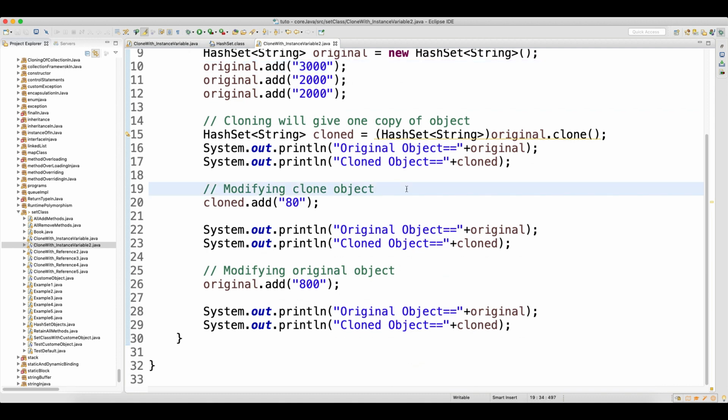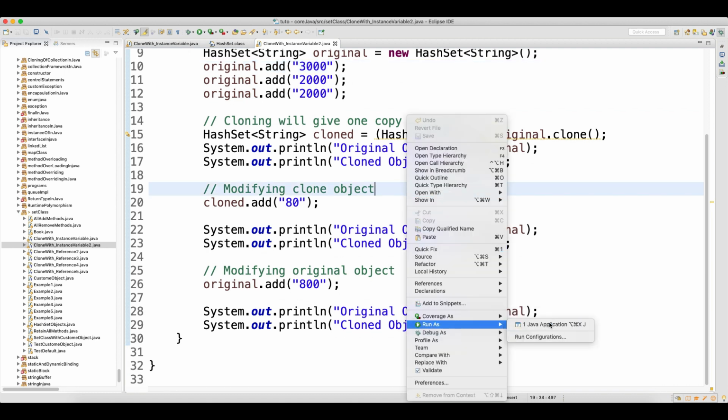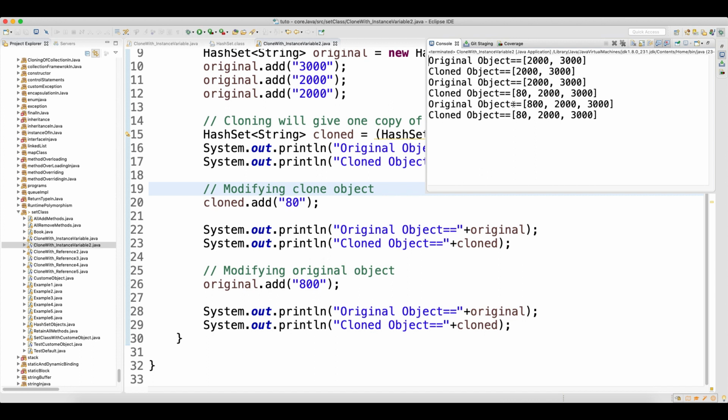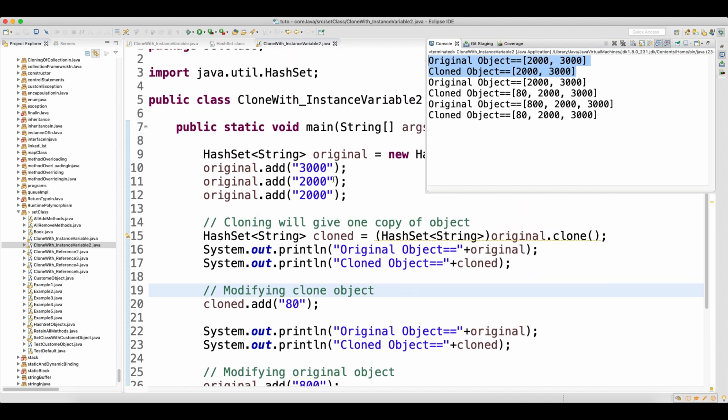We have seen that, and here also I can run it, and if you look at the output you will come to know that there is no change. This was the original and the clone, and you know that a hash set will not keep duplicate data, it will remove it.